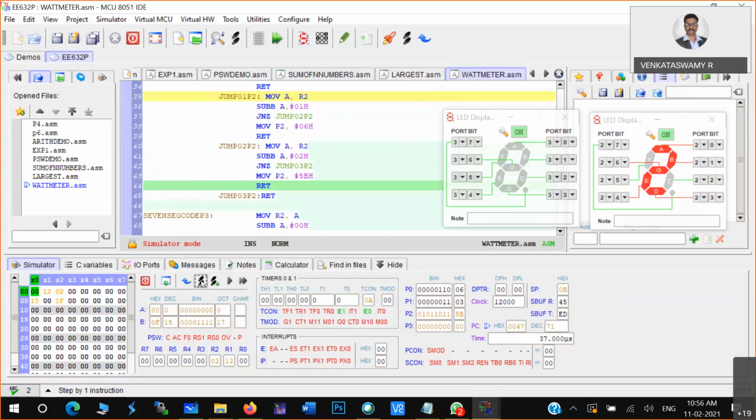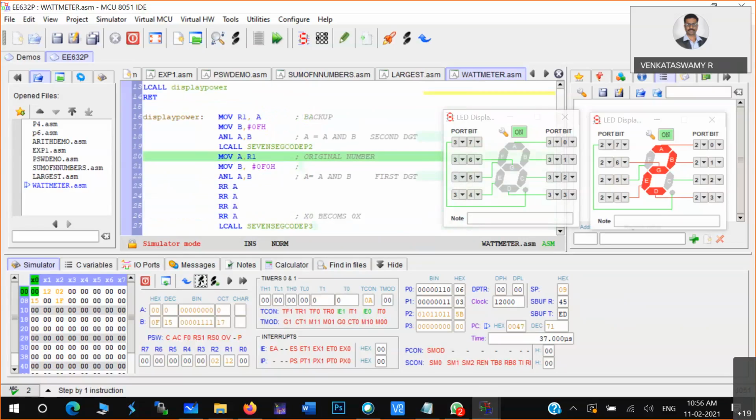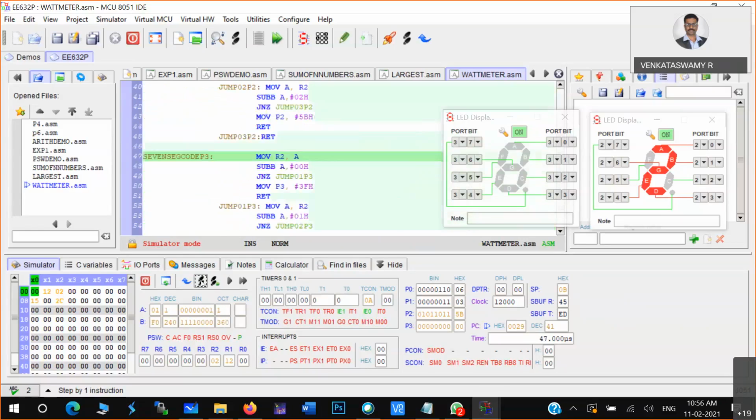Then you are coming back to the main program, and then you are loading the second number. It came here, and the F0 logical AND operation and shifting will move that number there, and you are calling the 7 segment display for P3, and you run this one.